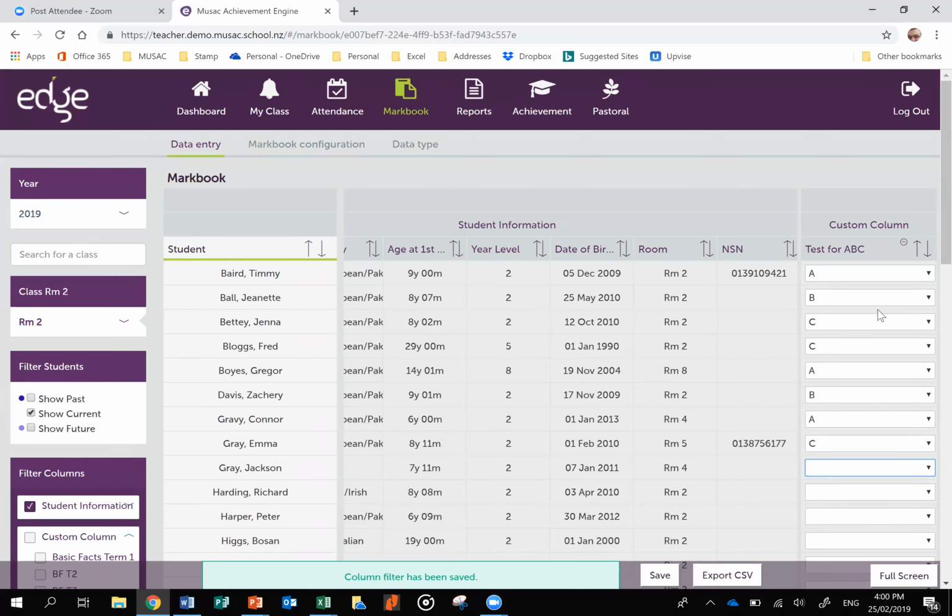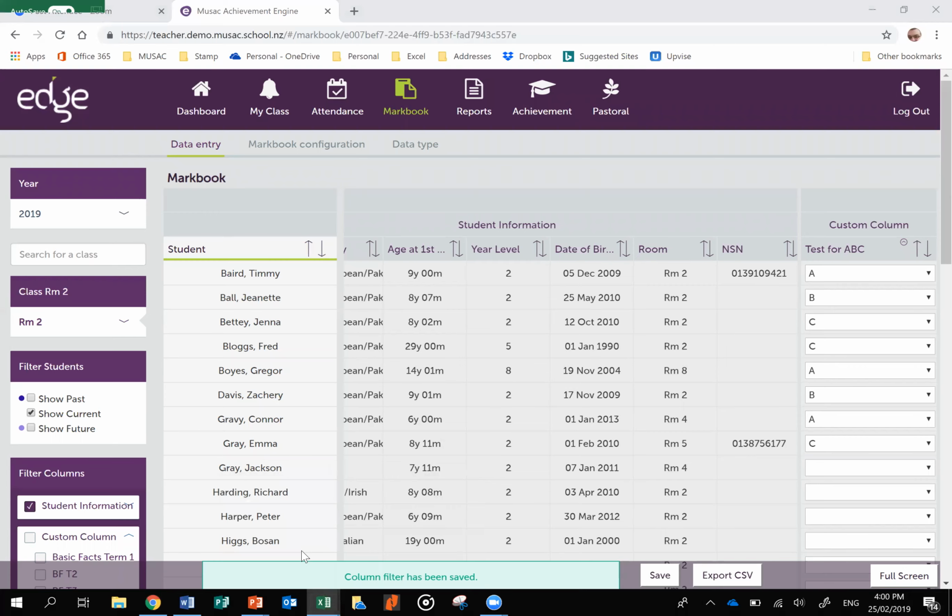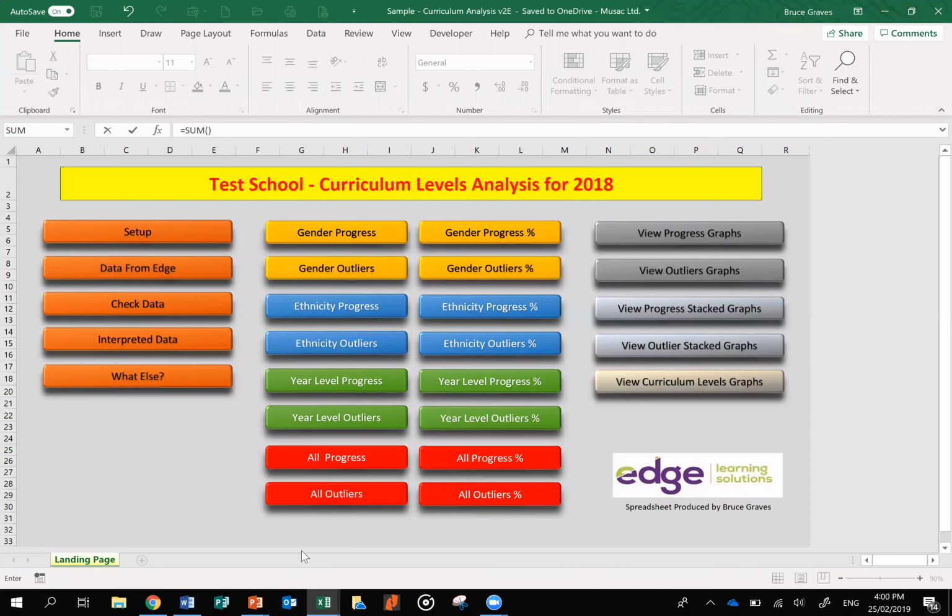Right. The one last part I was going to quickly show you: I exported data out before. Here is a spreadsheet that we have created for schools to analyze curriculum data. So what we did is we extracted data out; we entered reading for term 1, reading for term 4. If I wanted to show that, it says,